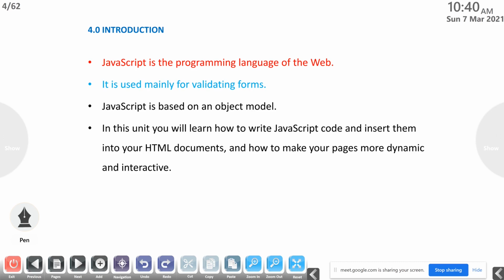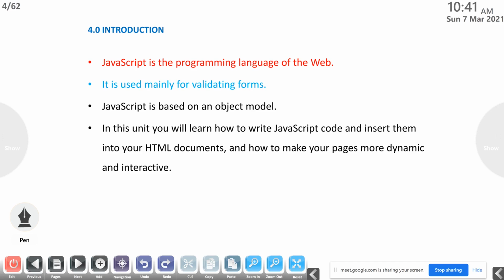Validating forms means, for example, in a form we are collecting the age of some persons, and the purpose is checking whether they are eligible to vote. That means if the age is greater than or equal to 18, they are eligible to vote.